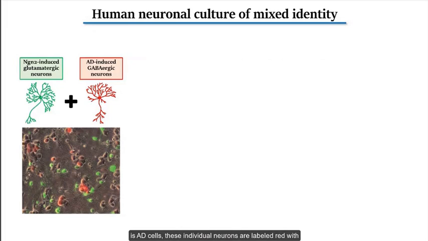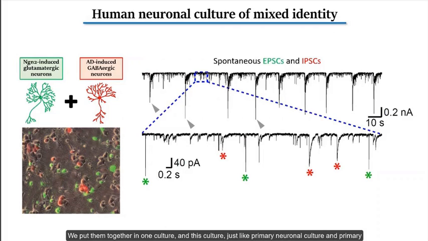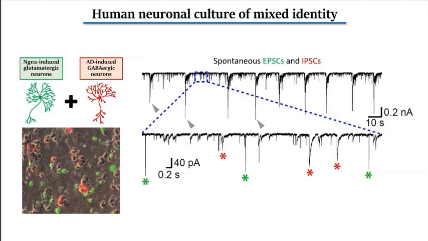you can mix them together to generate something like this, where the inhibitory neurons are labeled red, together with primary mouse neuronal culture. You have beautiful network activity. These are network currents, recurring, where the cells talk to each other in cycles. At the same time, if you magnify a small area, you see fast glutamatergic synaptic transmission, labeled with this green asterisk. You also get slow decay events, which are GABAergic synaptic transmission.